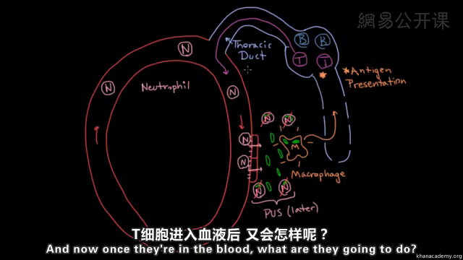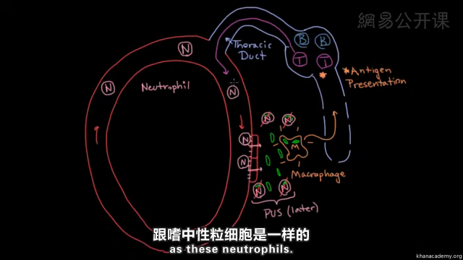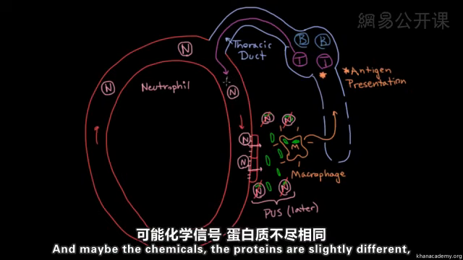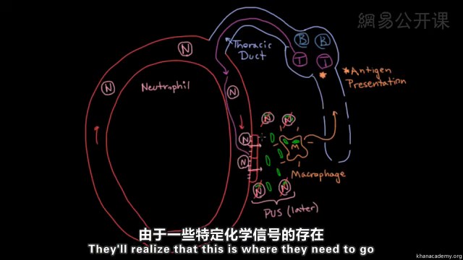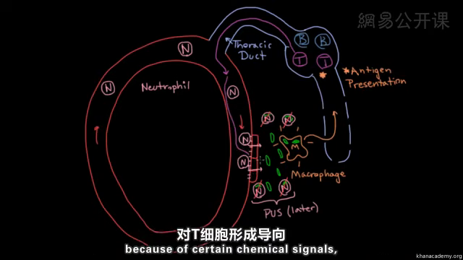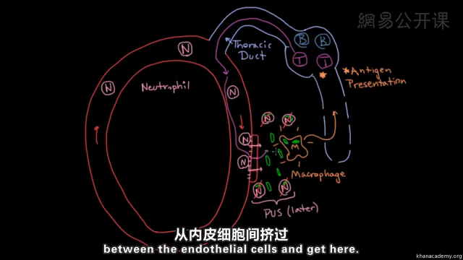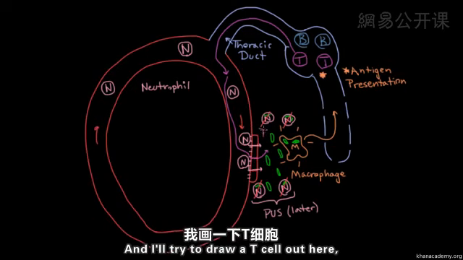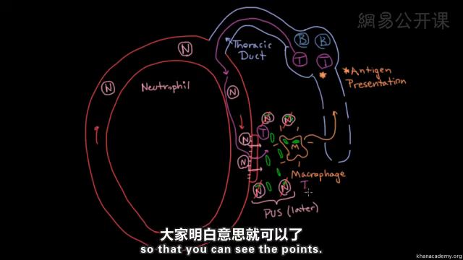And now once they're in the blood, what are they going to do? Well, they're going to do essentially the same thing as these neutrophils. And maybe the chemicals, the proteins are slightly different, but essentially it's the same process. They'll come here, they'll realize that this is where they need to go because of certain chemical signals, and then they'll squeeze through between the endothelial cells and get here. And I'll try to draw a T cell out here, even though there's not much space left,